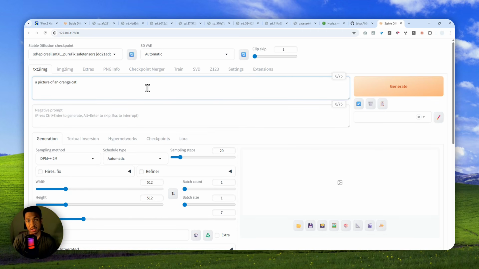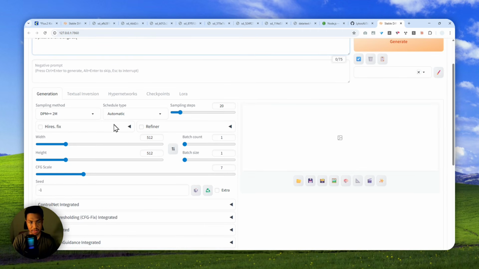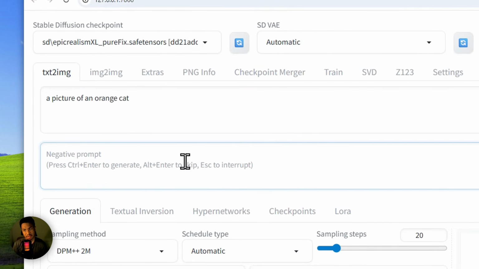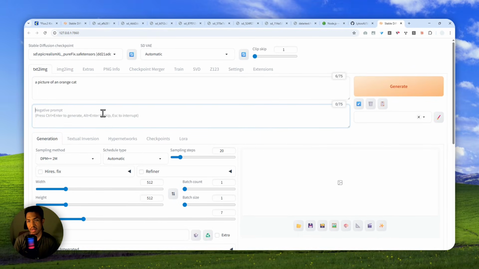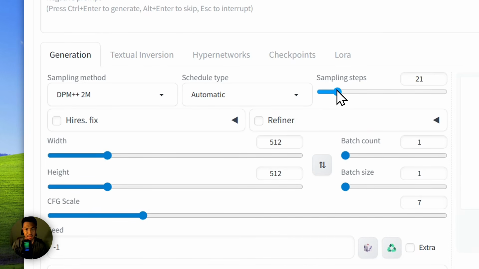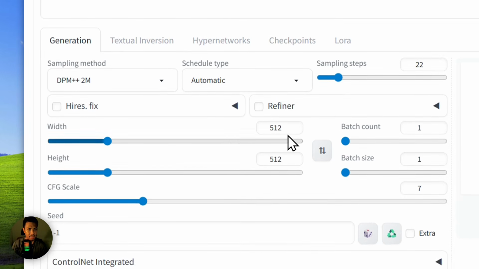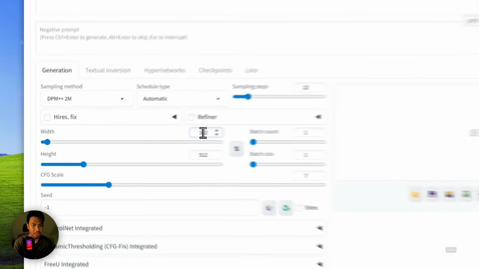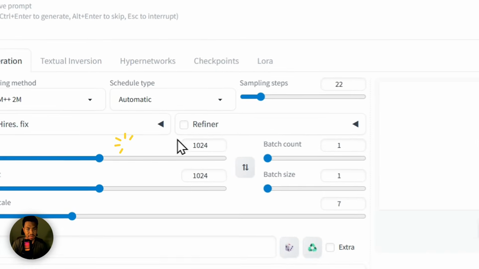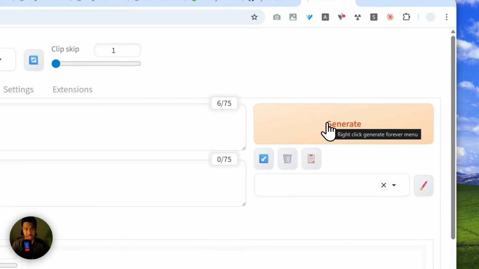Now, I do recommend to just play around, use different settings, different configurations, prompting, and also negative prompt, just so you know how this model actually feels and works, because every model could have a different set of settings. And let's say I want to create a picture with 22 steps, and then I want the resolution to be 1024 by 1024. And I guess for the settings, I'll just leave everything else default. Okay. And then let me just click the generate button,